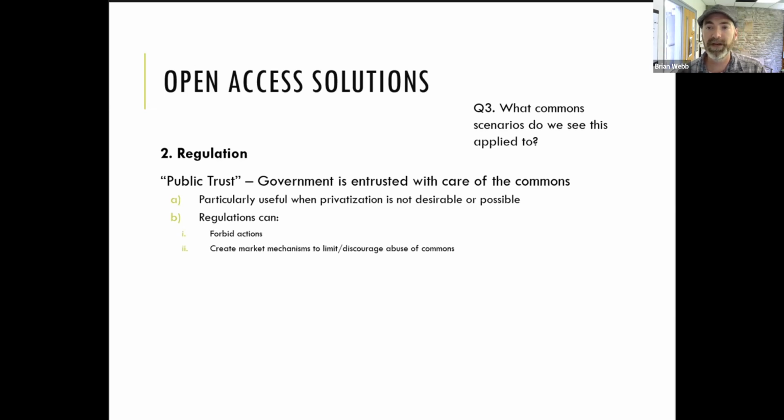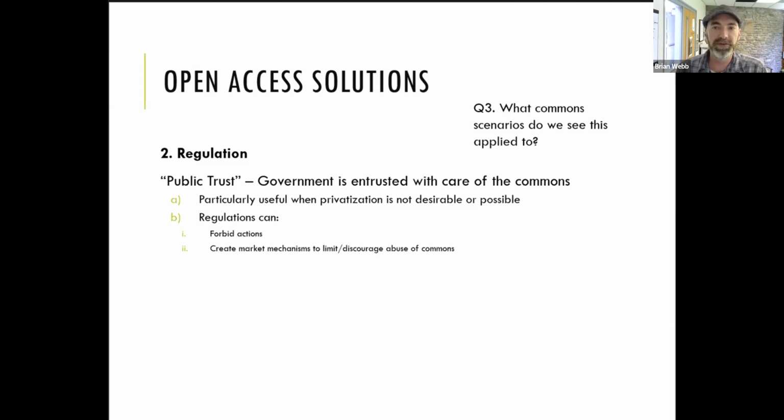So there's a lot of different ways that we see this played out, a lot of theories for how this could work, and a lot of examples as well. Think of the national parks. National parks are in many ways an open access resource, in the sense that any American can go to a national park and make use and enjoy that. And yet we rely upon the government to oversee those and to hold those in common, to protect those for others to be able to enjoy.